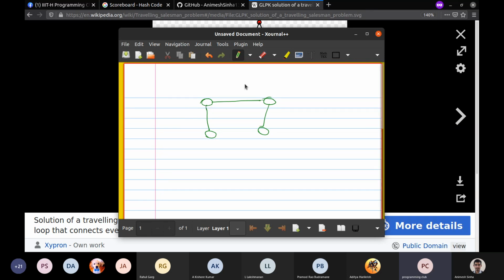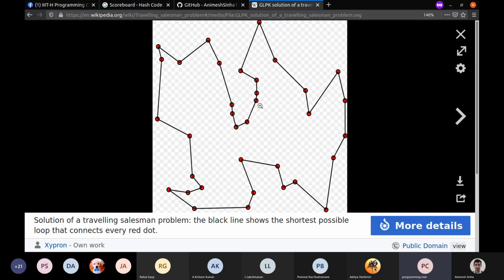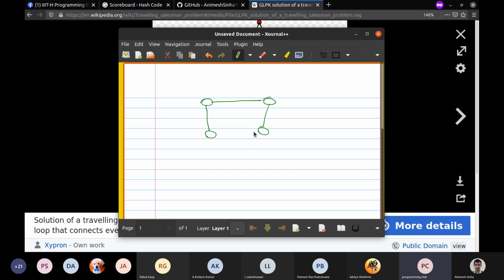Now in traveling salesman, basically you're trying to visit all the cities and minimize or maximize the cost, whatever you may call it, right? So we note that in our problem it is always optimal to visit all the images. It is never optimal to drop some image. You can always take an image and put it at the end to get at least some improvement in the score. It does not have to be a lot. So we want to visit all the nodes, we don't want to drop any particular node.